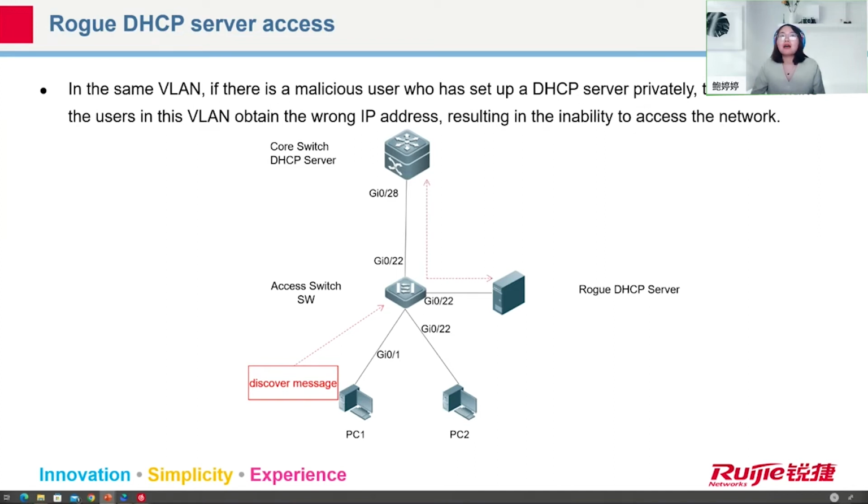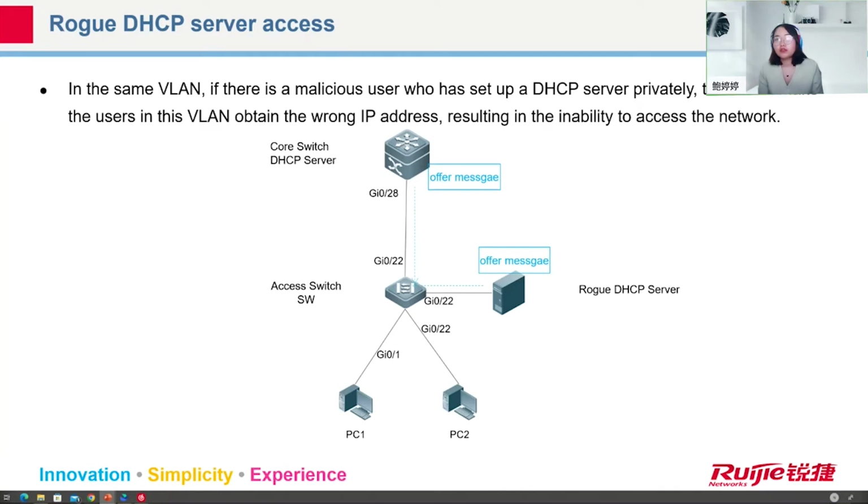So the message will be sent out to the core switch DHCP server, the correct DHCP server. It will also be flooded to the illegal DHCP server, right? And then these two DHCP servers will each give a reply with an offer message